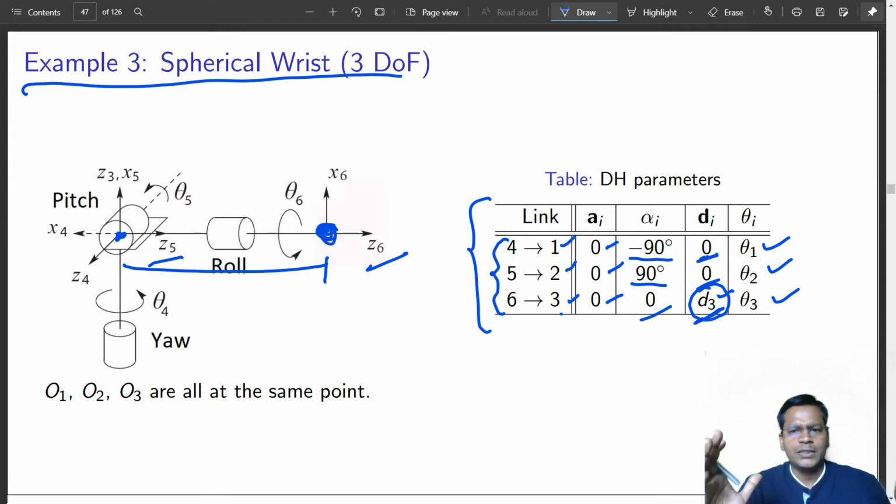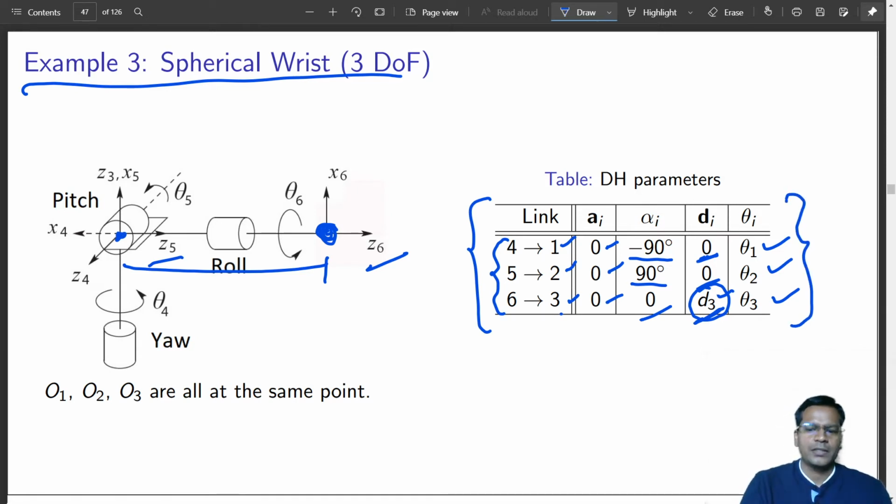You have to revise this, see this thoroughly, experience this, do it at times, and then you can understand this. I won't expect you to understand right at this moment, but it is there. This video will remain with you. You do it yourself and you can understand this. Somebody who has understood it is well and good. Otherwise, just follow the philosophy of this. This exactly is your DH parameter for the spherical wrist. This can be attached to any positioning robot.